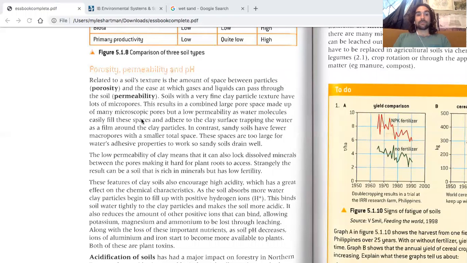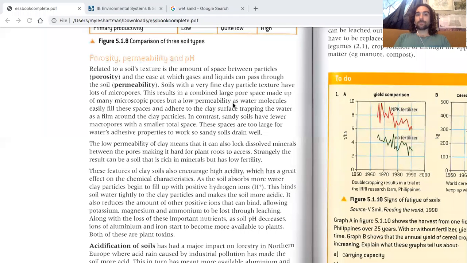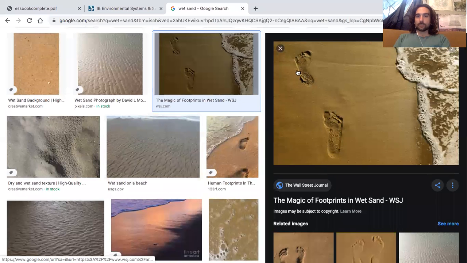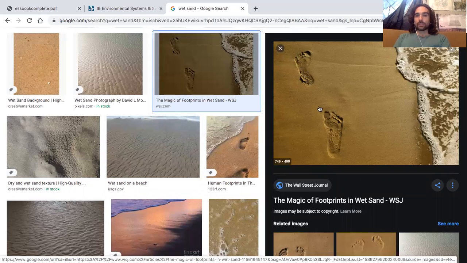This is because water can easily fill these spaces and adhere to the clay, trapping the water film around the clay. That's how something like clay, very small, has poor permeability. Sand, on the other hand, you could probably understand this, right? Sand has fewer macropores and a small total space. These spaces are too large for water's adhesive properties, that's water sticking to other particles, to work, so sandy soils drain well. You've probably seen someone walking on the beach, even though the water was just here, that water is going to drain almost instantly